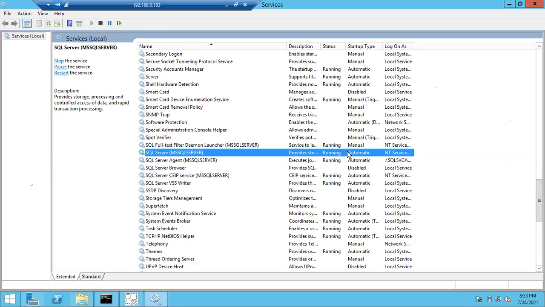Say for example, one guy is sleeping, you are calling him, he is not responding. Why? Because he is sleeping, he can't respond. In the same way, if the service is not running, how can we connect to the server? If this service is running, then only we can connect to the server. If that service is not running, we cannot connect to the server. If you are getting connection errors, make sure this service is up and running or not.